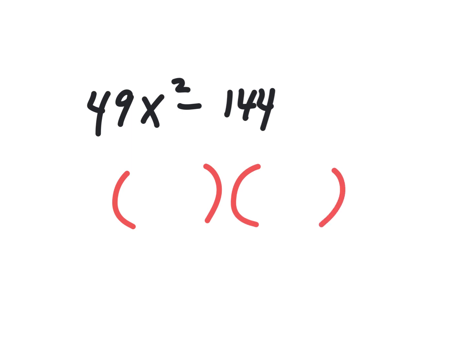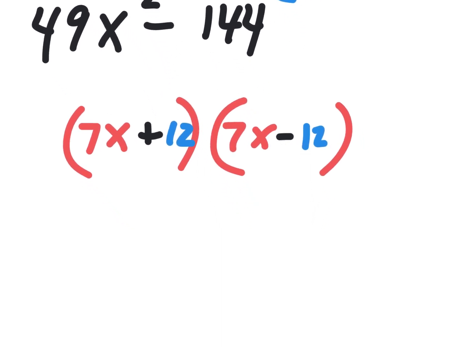Oh, yeah, this is one of those kind where you do the square root. 7x and 7x. That's how you start. This ring a bell? Plus and a minus. And then you do the square root of that, which is 12, here and here. Who had that one right? Okay, cool. Now, if I needed to, I could solve that and figure out there's some decimal that's the x-intercept,